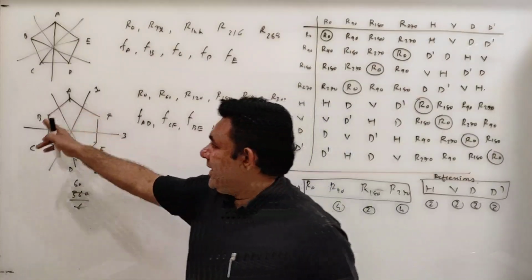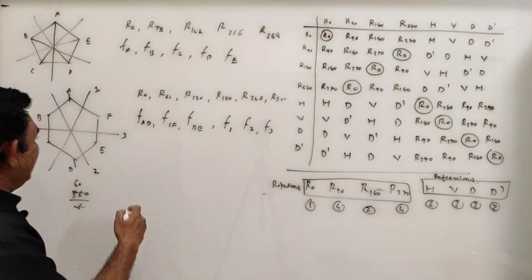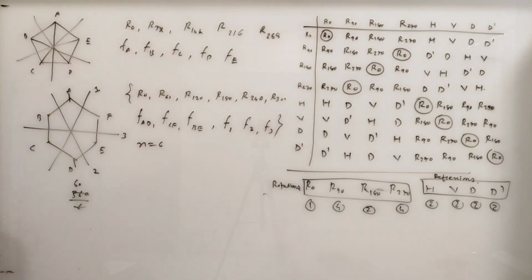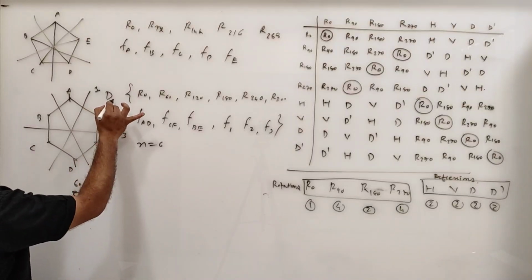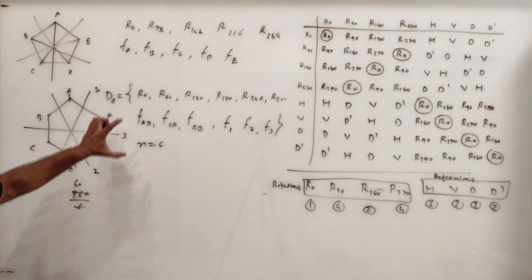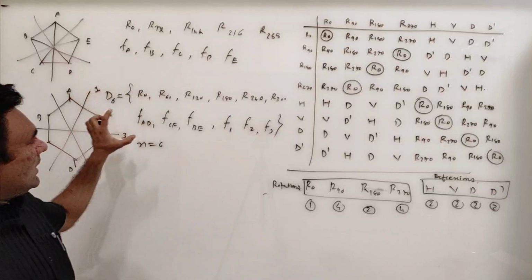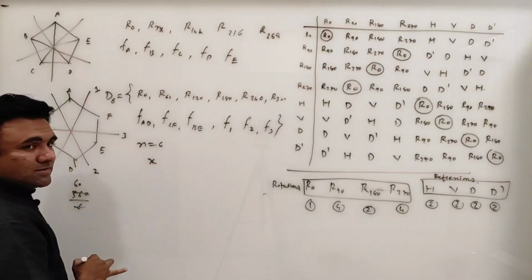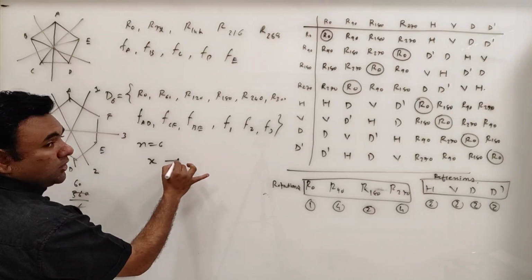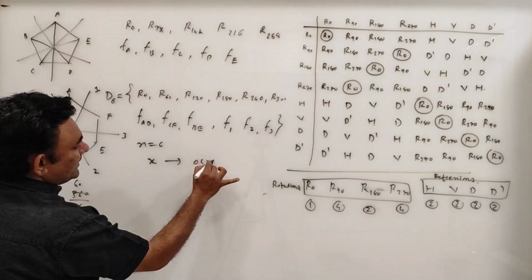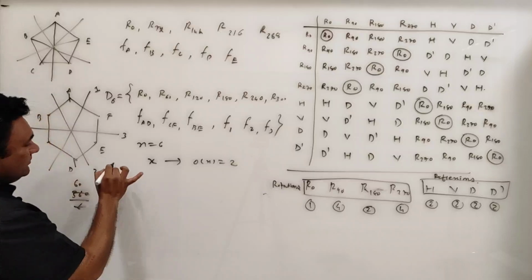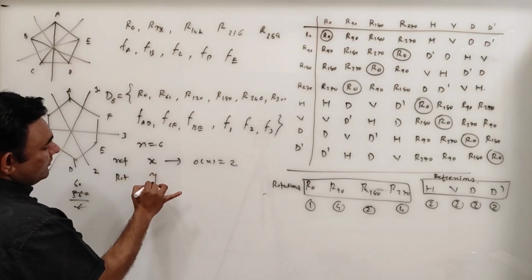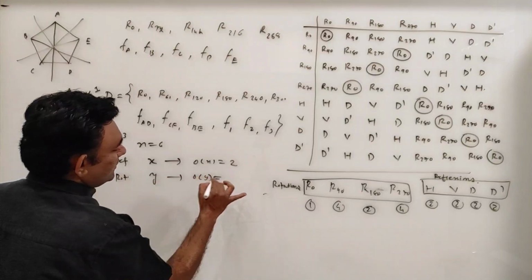and they are on an n-gon. See, here we have 6, so here n is equal to 6. So this will be a group, right? And the notation for this is D6. So for D6, I want to remove this R0, R60 notation. So I will take X whose order is 2. Order of X is 2, that is, X is a reflection, and one rotation, say Y, and the order of Y is